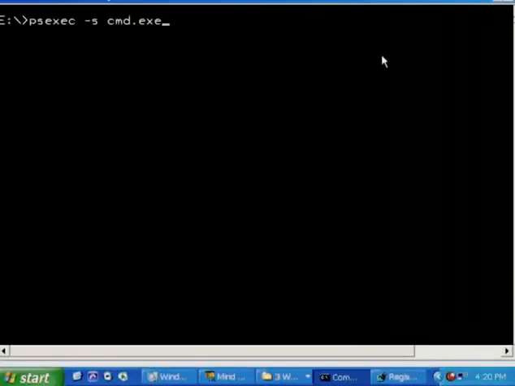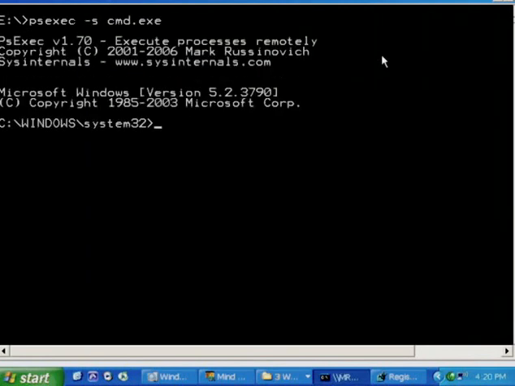I'm going to navigate into that directory on a live system by using psexec to launch a command prompt in the local system account, because by default the system volume information directory under which system restore points are stored is inaccessible to any account other than the local system account. The psexec command comes from Sysinternals, and the -s switch says to run the specified command under the local system account. So now I have a command prompt running as local system.